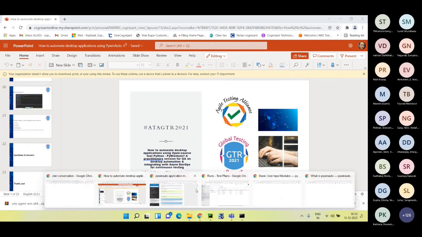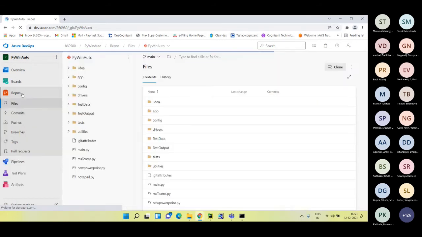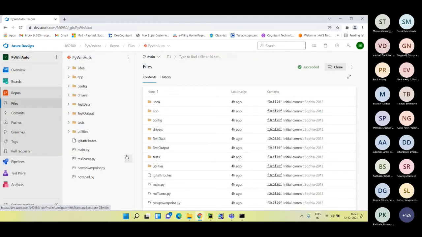Okay. And there is a question. I think the GitHub of the project, probably we need to put it in the chat. Okay, just go to the repos. Okay, repos. Yeah, just click on the Pywin Auto project and then maybe you can take the URL. Okay, that I'll share.